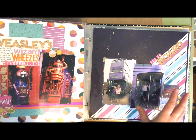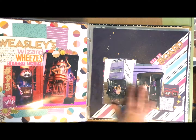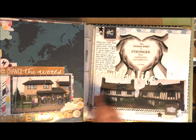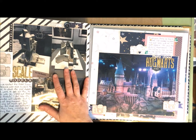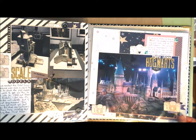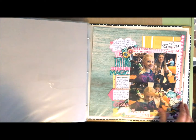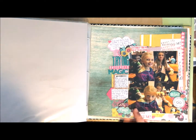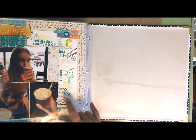So the back lot came before Diagon Alley. So anyways, the Night Bus, the Dursleys' house and the Potter house, and then there's more from the back lot. The models they built in order to build the big giant model of Hogwarts, which is what I have here. And then at the end, when we had our snack in the cafe and they were pretending to hex me with their new wands, and the butterbeer,